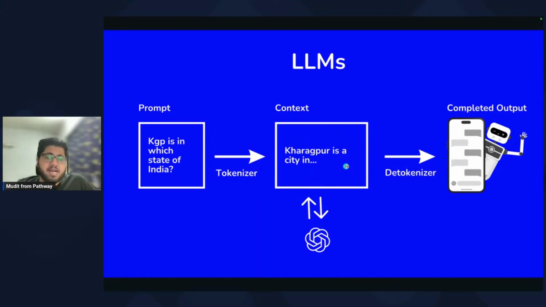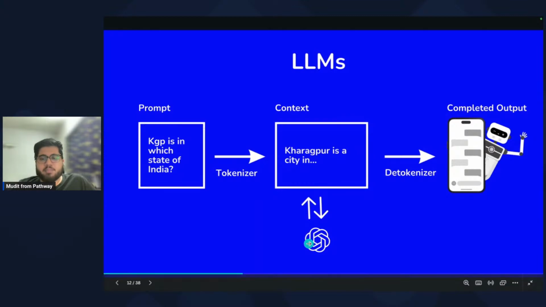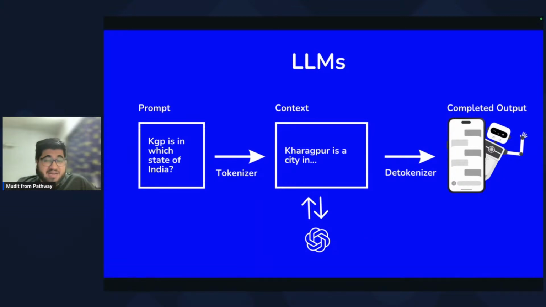Now, what LLMs do, what the transformer architecture enables you to do, is process all of this simultaneously and give much more efficient outputs. Once you've broken this down into tokens, all of it is ingested into the LLM. And the LLM has just one job, and that is predicting the next best word. That is the primary job.